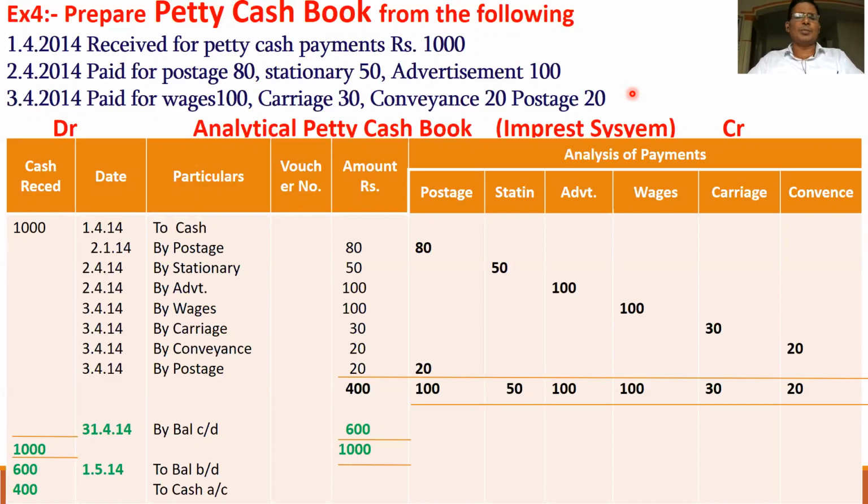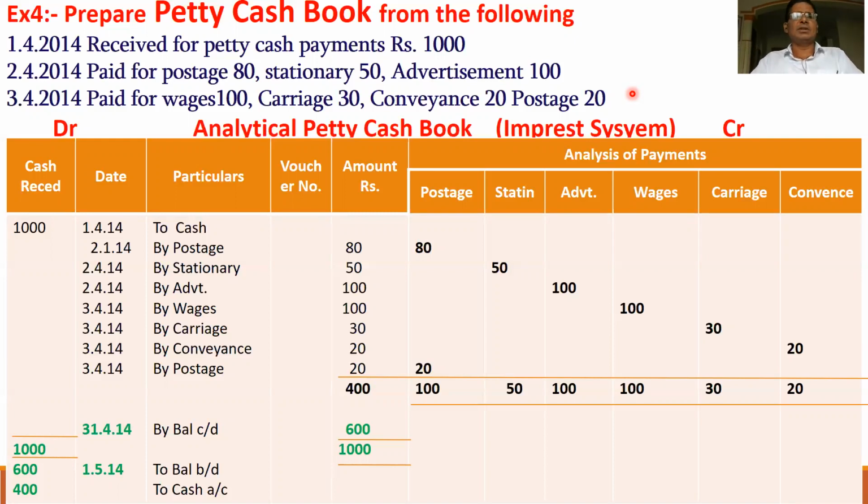And there are two types of analytical petty cash book. One is the impress system, one is the non-impress system. In the impress system, usually the balance of 1,000 is given to the petty cashier. After 1 month is over, he may expend, for example, 400, and the balance with him is 600. So the head cashier is going to reimburse the total expenses of 400, so that the balance at the beginning of the month will become 1,000 every month. This is called the impress system.